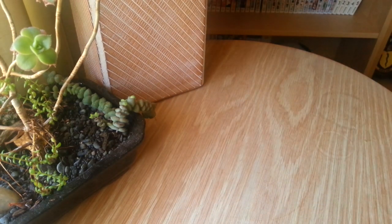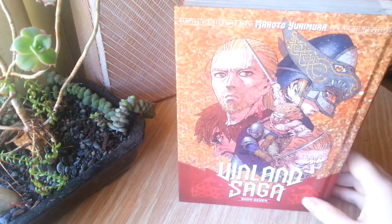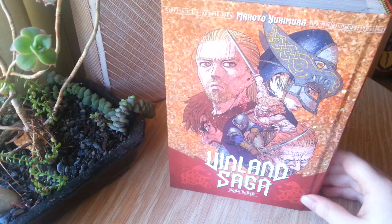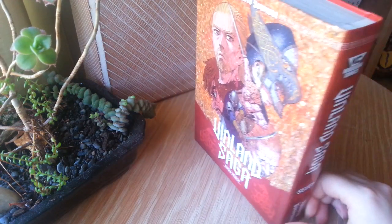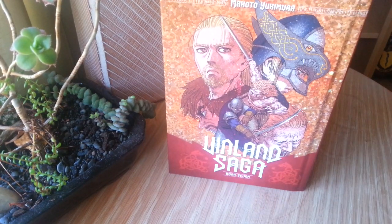re-experience the story properly. And finally, the most recent volume of Vinland Saga, so volume 7, or book 7. Haven't read it because I have only got 1, 2, 3, 6, and 7, so I still need to get 4 and 5. I've read the first 3. It's a good series. Looking forward to getting the next couple so I can read it and actually continue with